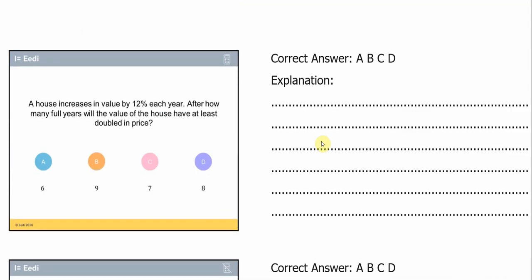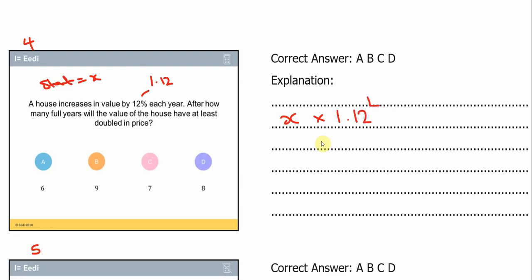This is question 4. I think I'll keep track just so I don't get lost. House price increases by 12% each year, so that's going to be 1.12, 100% plus the 12%. After how many years will the house have at least doubled in price? So we don't know what the starting value is. So I'm just going to say, well, the starting value is going to be x. Just write out what you would do. x times by